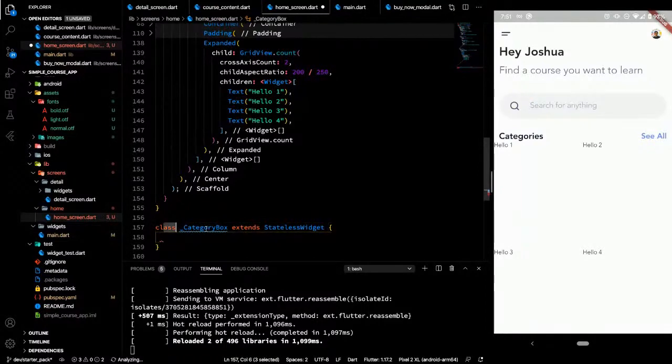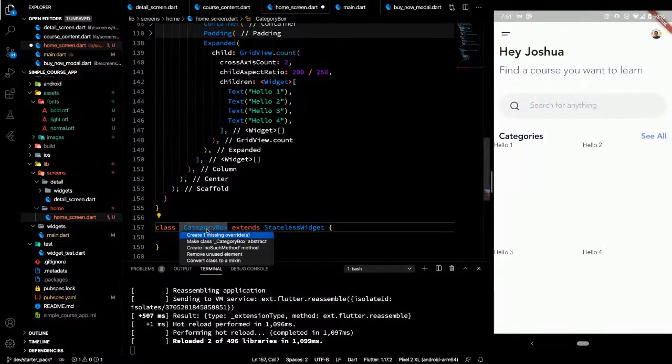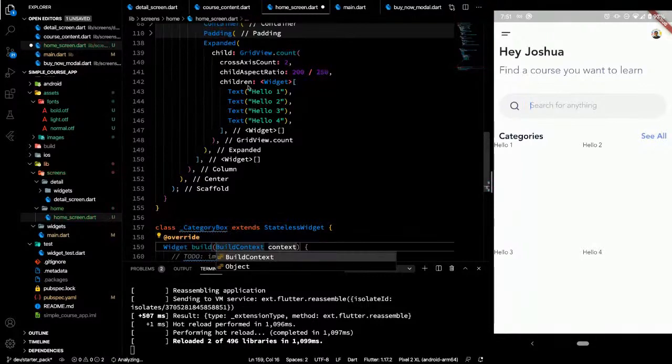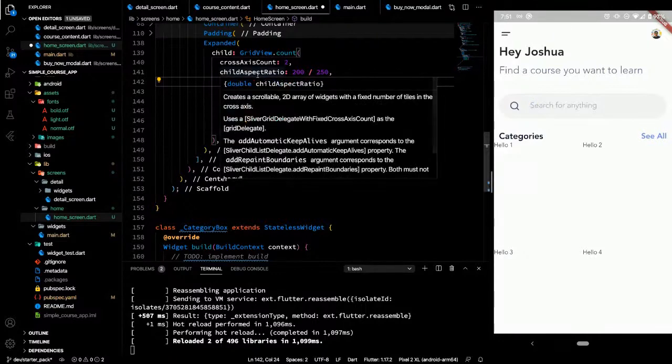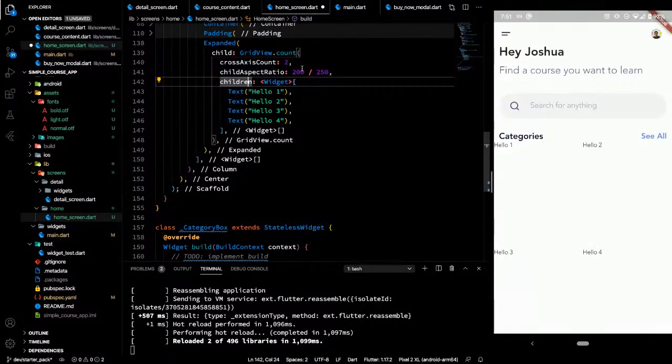Okay, so for the question, what does the child aspect ratio do? By default, grid view is responsible for setting the height and width of the items inside it. So you just have to pass the ratio of the desired width to the desired height, because there's no property inside the grid view for you to change the sizes explicitly.